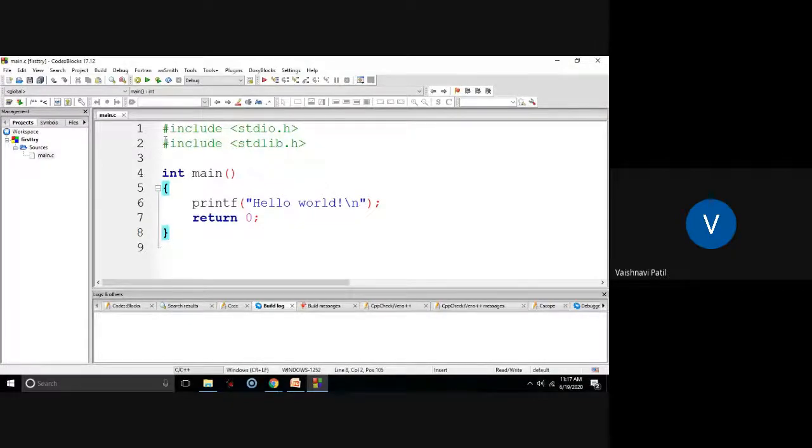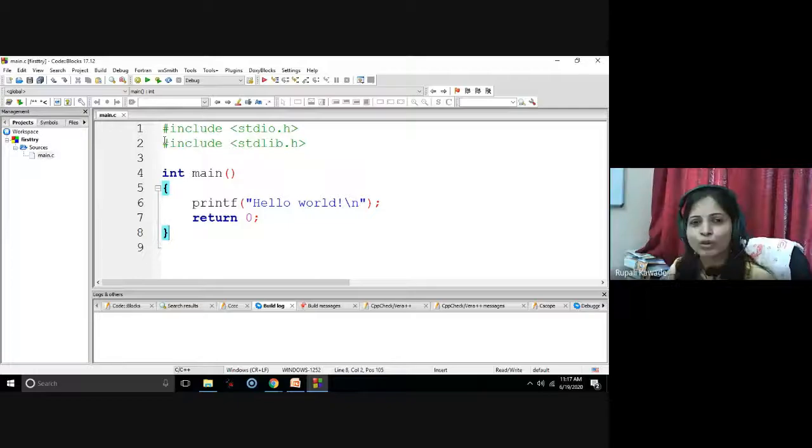I'm going to write a simple console application. I click on Console application, Go. Here I find two options, C and C++. I am going to write a C code, so I have selected C. Next. Suppose I give a name to my project, first try. You can choose the folder where you want to save it. Click on Next, everything is selected, Finish. Now I have created a project.